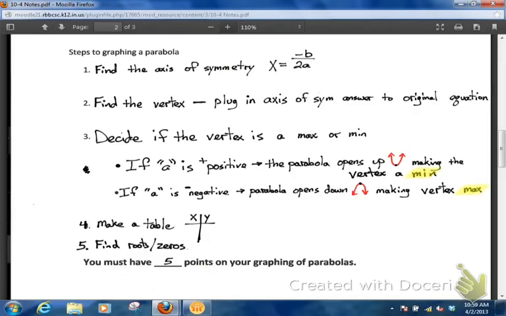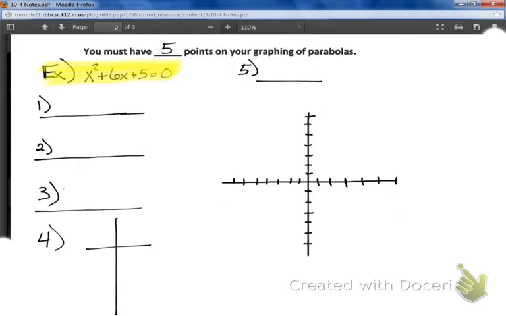Okay, so we're going to work through this step by step. So for step 1, it says to find the axis of symmetry, and we are going to use this equation. Okay, we're going to always use that equation to find the axis of symmetry. So in this answer blank number 1, we are going to write